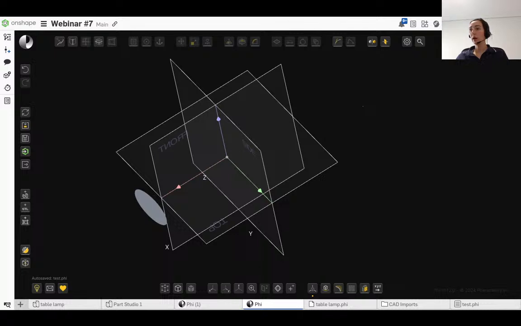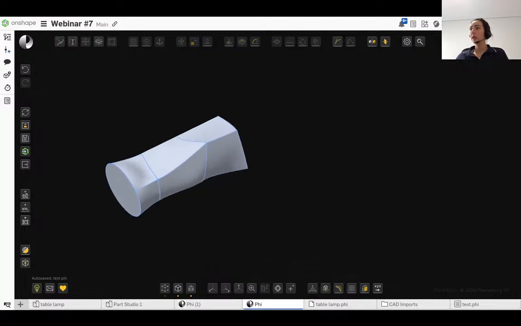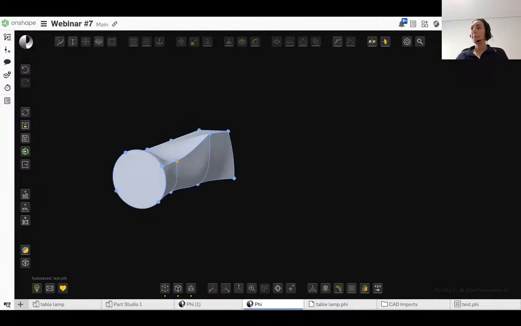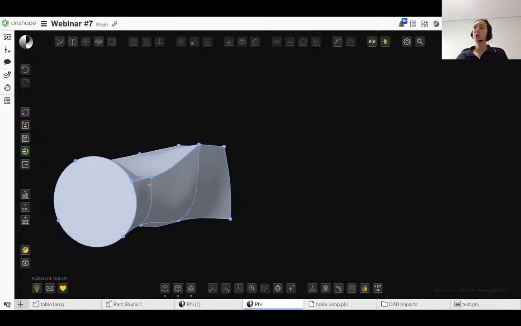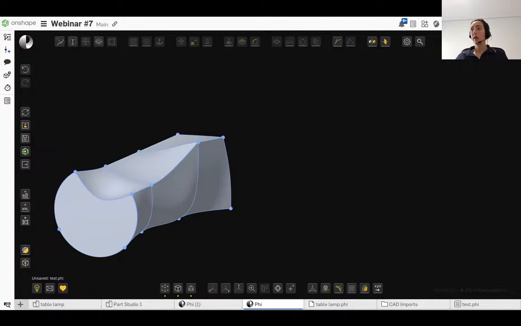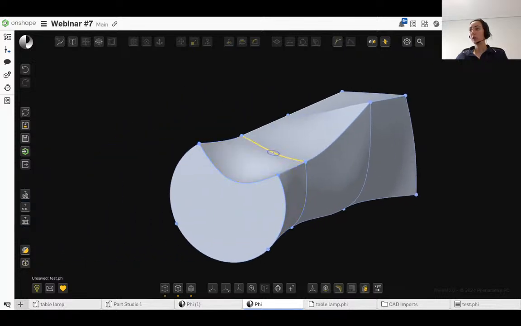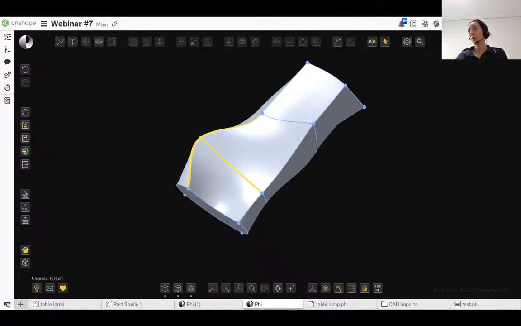The last tool, the last shaping tool for today. Let me hide these, we don't need them. Is this copy edge button, which allows us to copy edges. For example, if I have this edge and I want this one to be an exact scaled copy of the one I created,